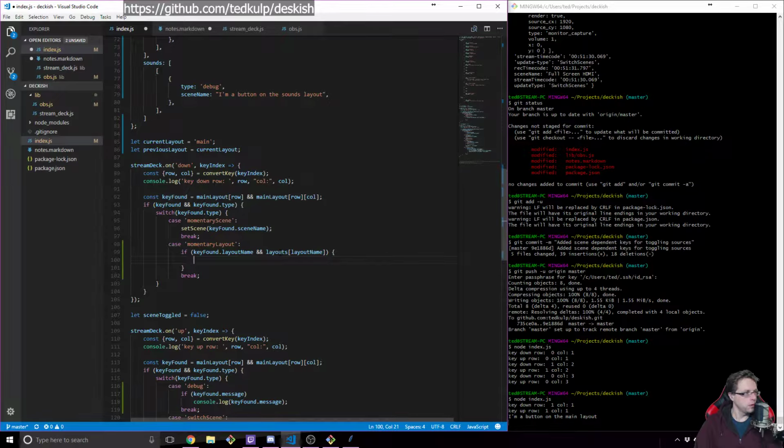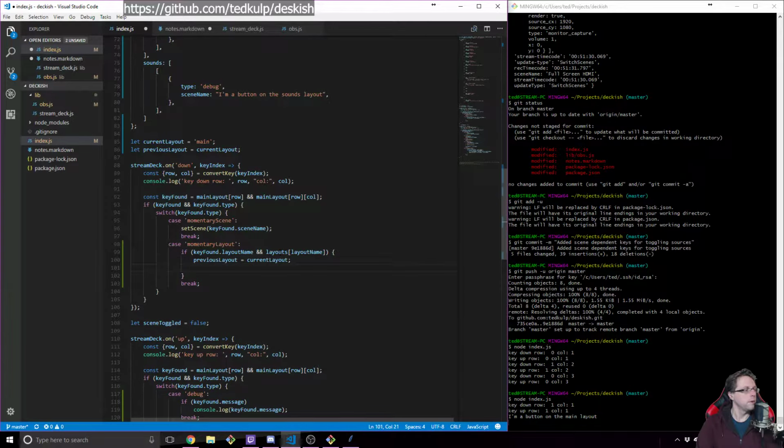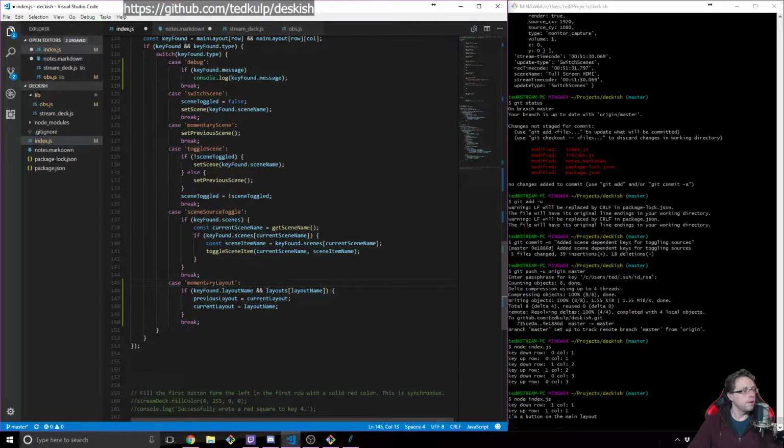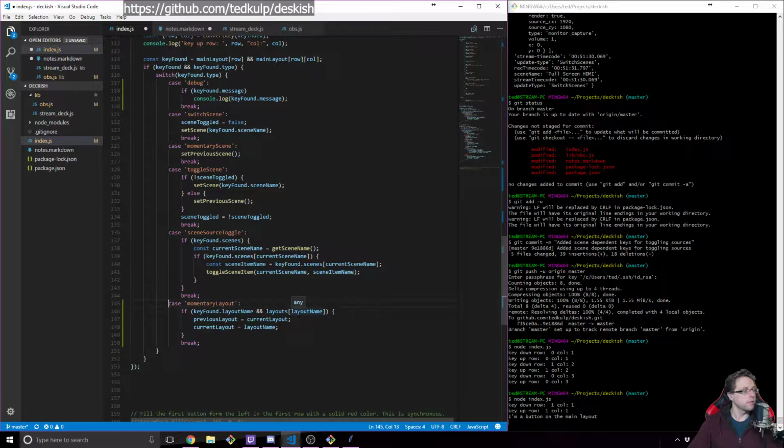Then we want to set previous layout equal to current layout. We want current layout equal to layout name. And that's all we want to do. And then I want to take this whole thing, and then on key up, if key found layout name and if it exists,